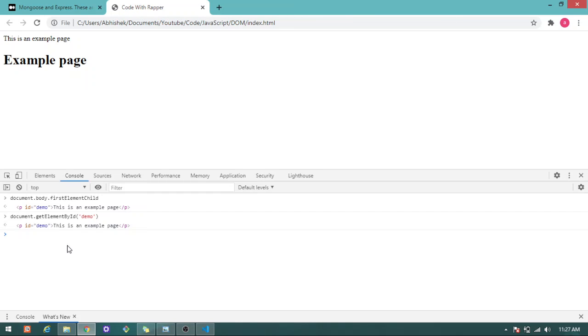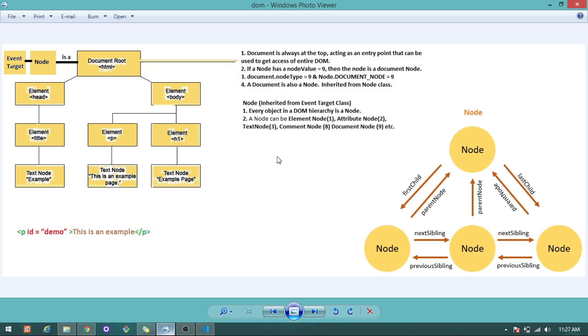So let's try to understand the concept of node here. Everything you see in this object hierarchy, the document object model, is a node. Every node has parent-child relationships, because it follows the OOP concept.